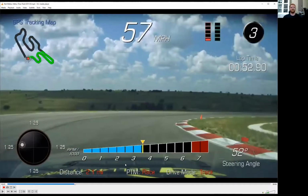But we can't do that if we're this far right on track. We want to be a little bit further left, a little bit wider entry. That way we can turn the wheel harder at the initial turn in and have that 90, 80, 70 degree steering angle way back here before we get to the apex. And then once we get up here, we'll be opening as soon as we leave the apex. So you'll have that 50 or whatever at the apex and then 40, 30, 20, getting less and less